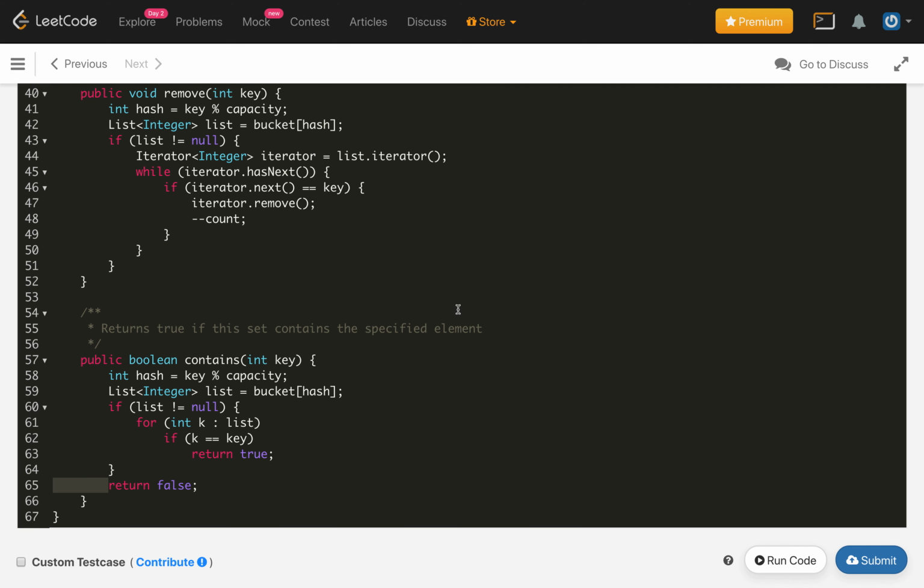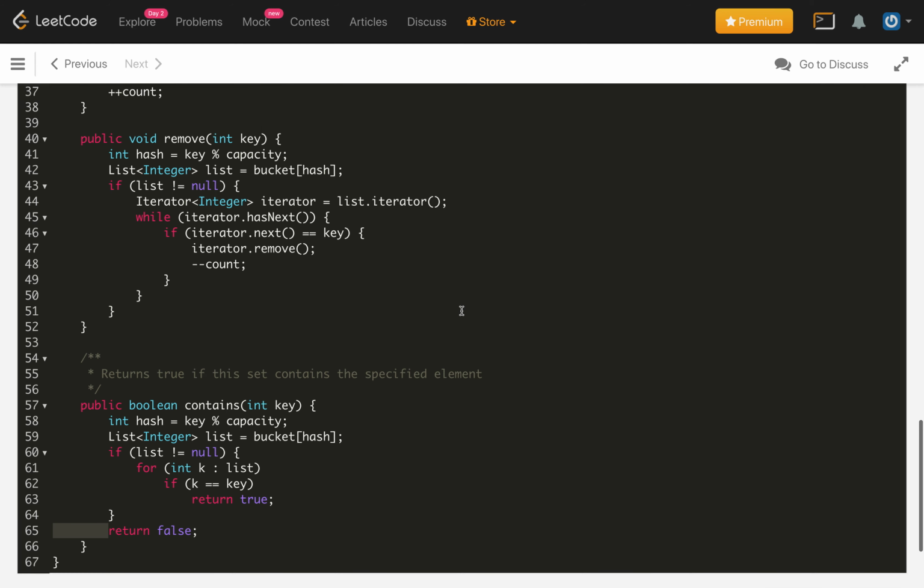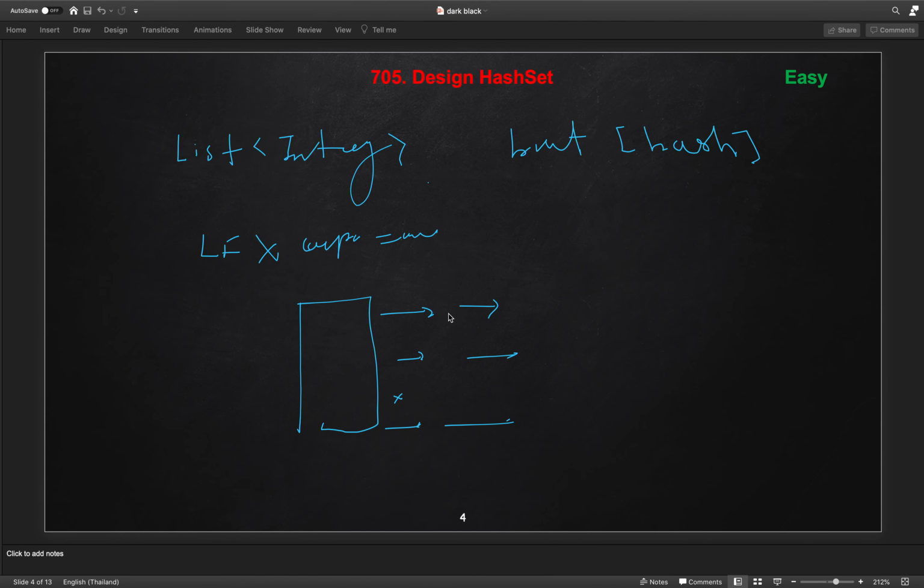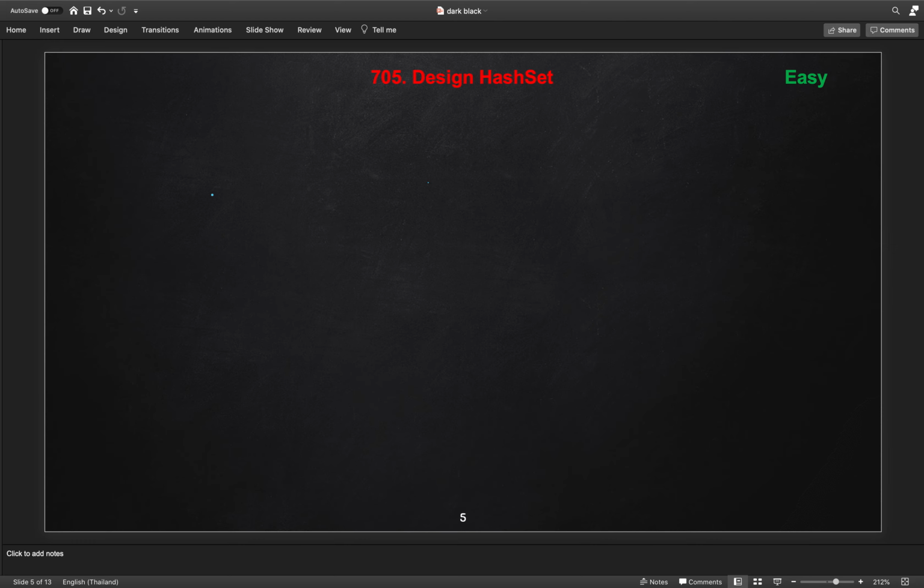So there is another way we can implement this hash set using a list node for the bucket. There we will use a custom list node instead of using the library linked list.